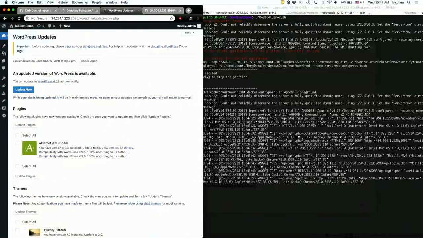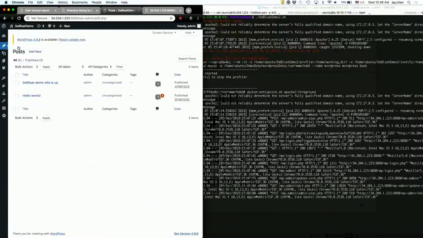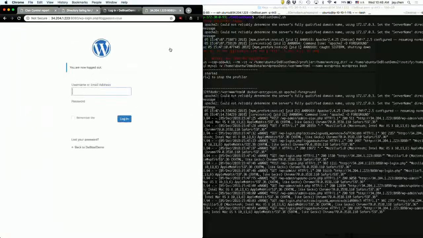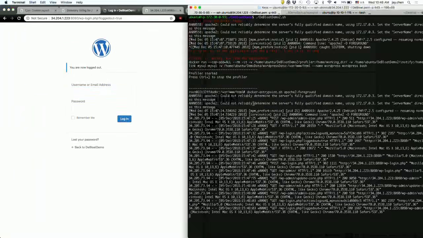Check the update, check if there's any security update, and check the latest post from the guest. And log out. That's it. Suppose these are the only two functions that the system admin needs. And I'm going to terminate the application and the profiler and show you exactly how the profile looks this time.